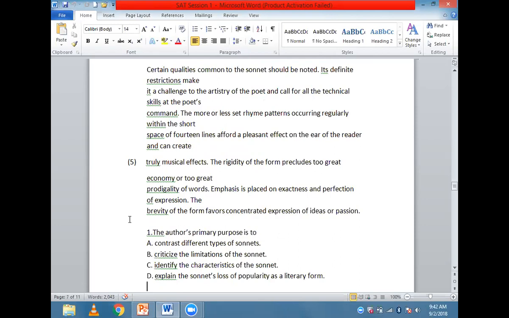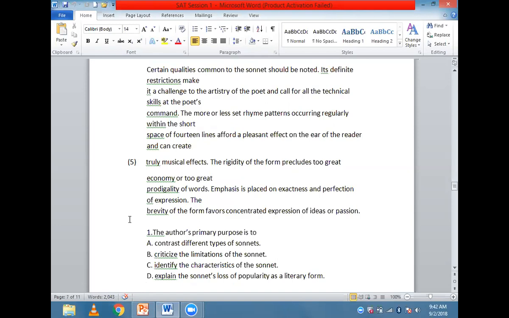Its definite restrictions make it a challenge to the artistry of the poet and call for the technical skills at the poet's command. If you see, the author is taking claims against it and trying to show how that particular restriction makes the sonnet even better as a literary form, even better for bringing out the creativity of the poet.